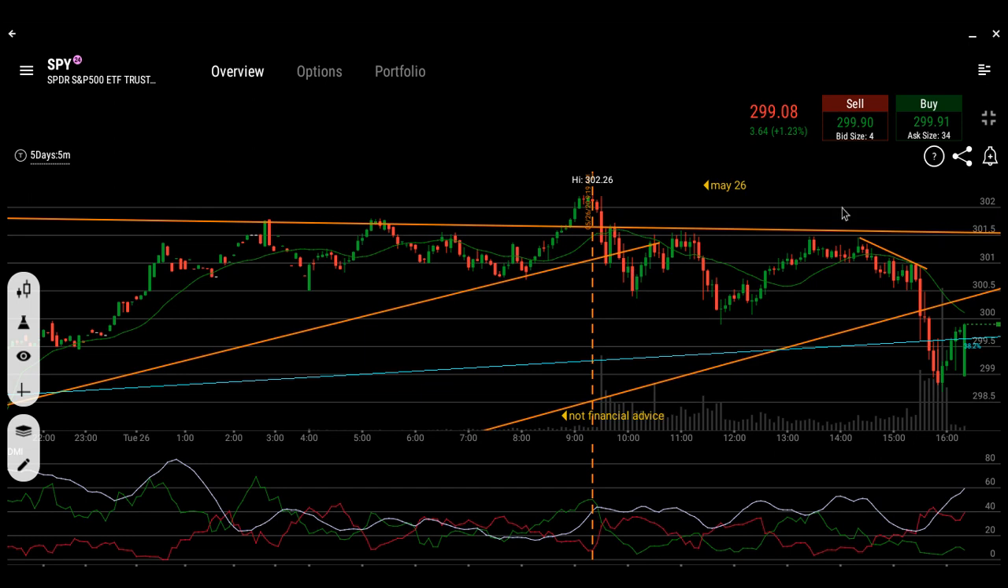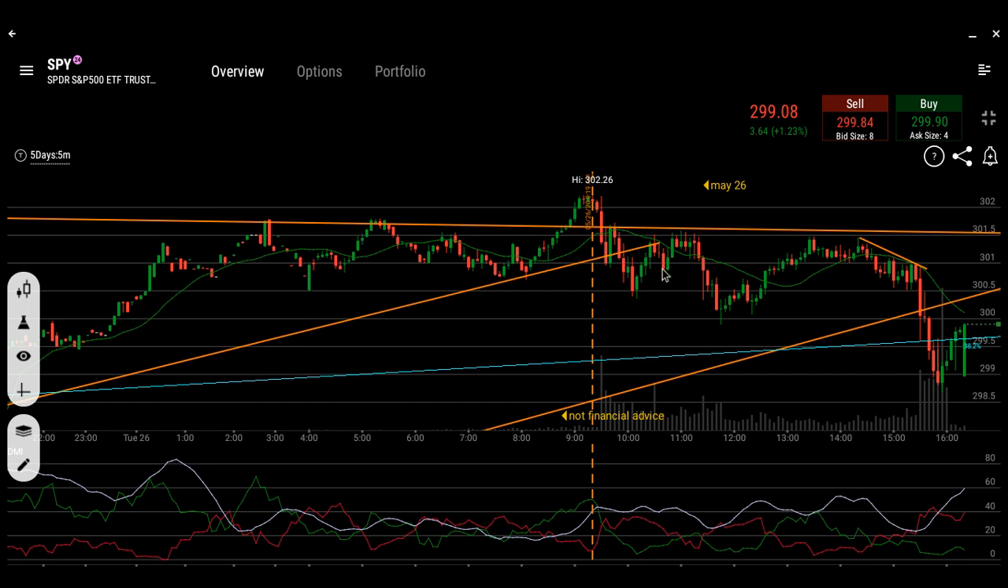Because at no point did it want to go back to the 302 level at all, because we had such a huge gap up. It went from the 294, 295, 96, all the way to 302. That's huge. And when you have that much of a gap up, there's going to be some resistance. So anyway, using these trend lines,